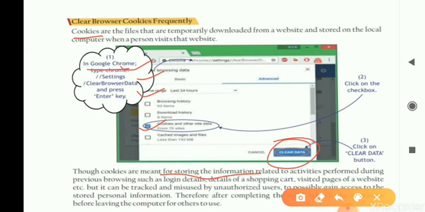Then your cookies will be deleted and your computer will get refreshed. Another option is to click on the three dots, and you will get an option of settings. Go there, click on settings, then you will get cookies and other site data. Check the box on this one and click on clear data. I hope that you have understood.